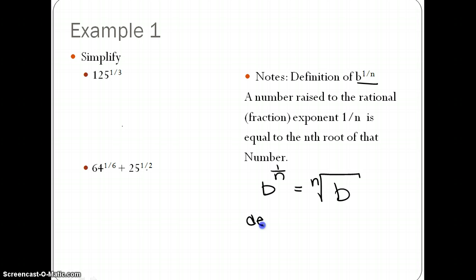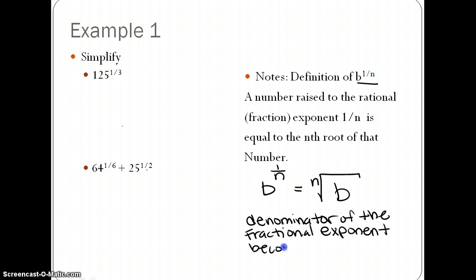So the denominator of the fractional exponent becomes the index of a radical. Okay? So for the first example, we have 125 to the 1/3, so we can rewrite that